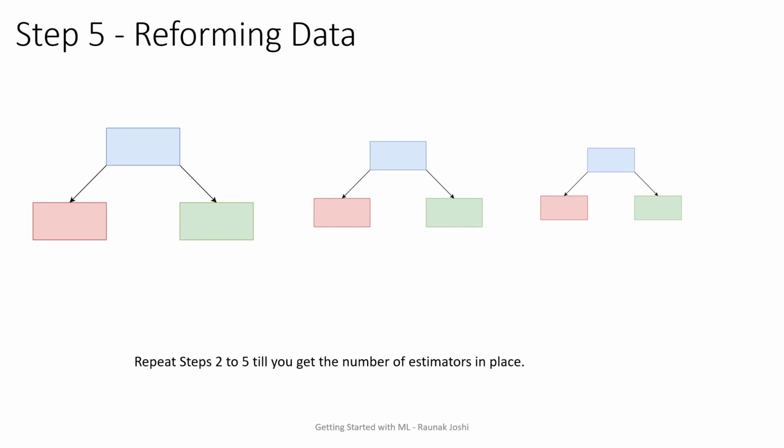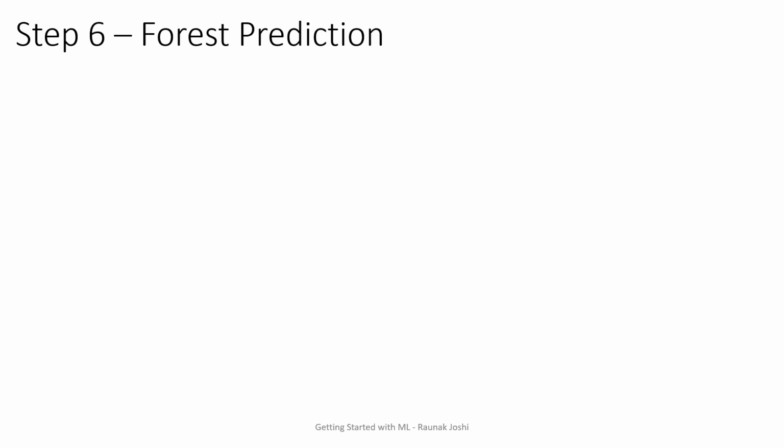So after my first tree, it is going to take the mistakes of my first tree where it was not able to classify an accurate tuple, and then it is going to increase the samples and work on it, till I get my impurity index as the least. It is going to go till the end of my estimators, the number of estimators that I specify. So we are going to repeat steps 2 to 5 till the number of estimators, and finally we come to the last step, that is the forest prediction.